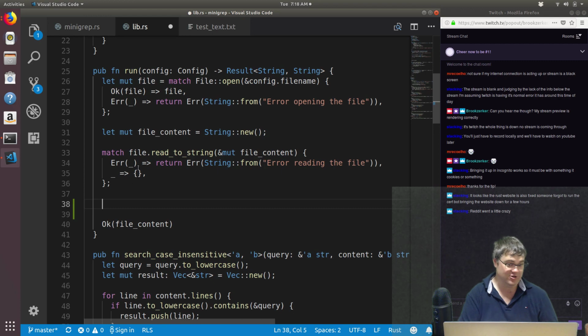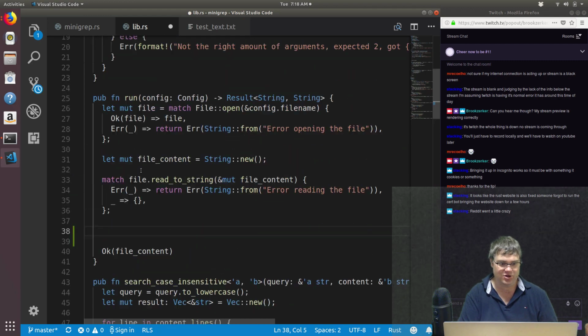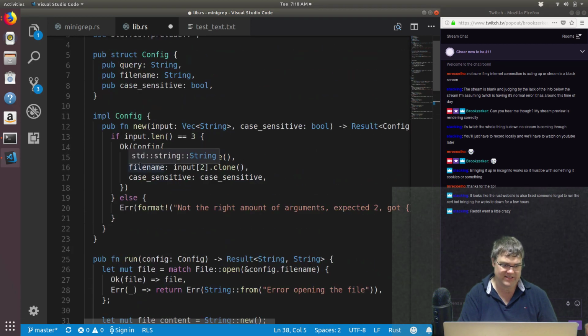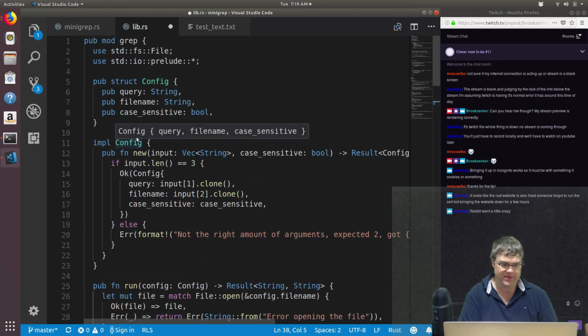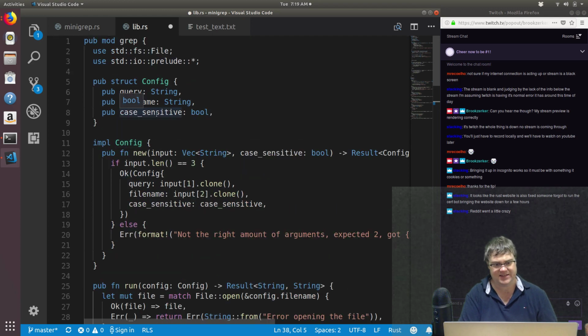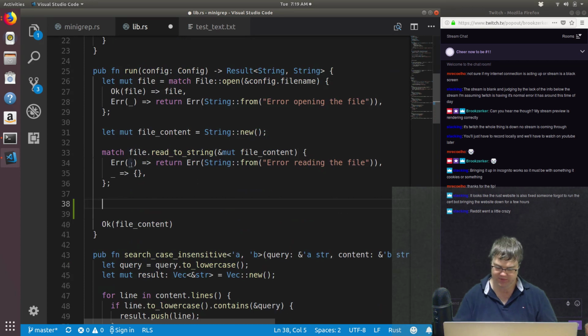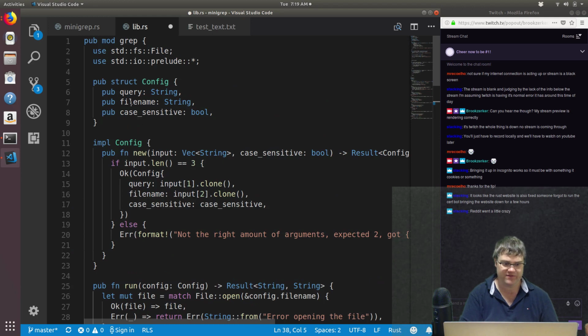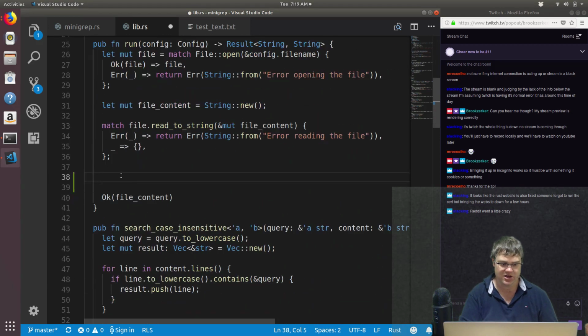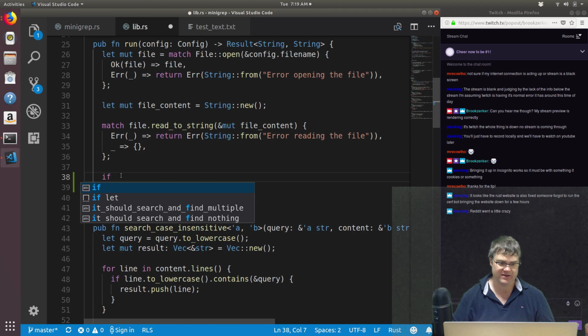So let's now do the actual searching here. We want to say if case sensitive. We can do a match with this, but if we do a match, we're going to have to match like query and file name, which doesn't make any sense. But I think we can say is, okay, if